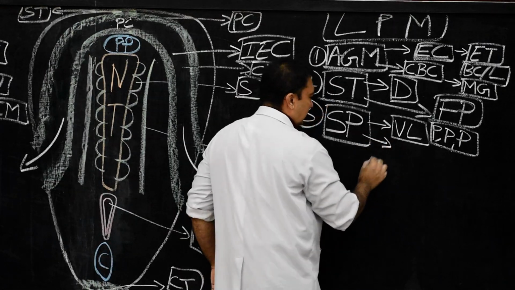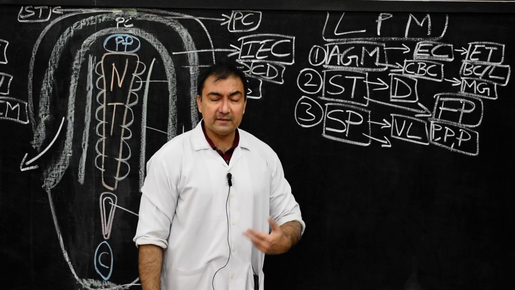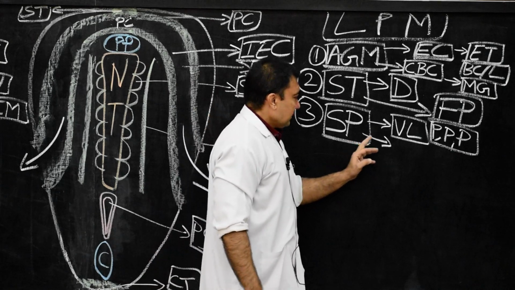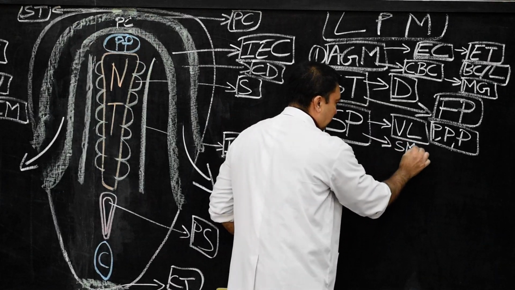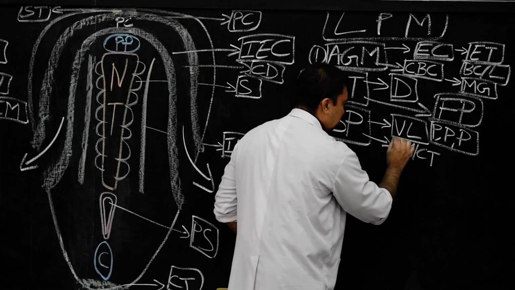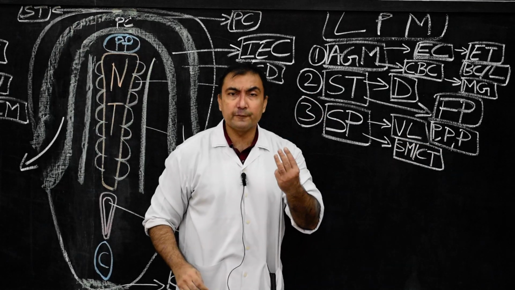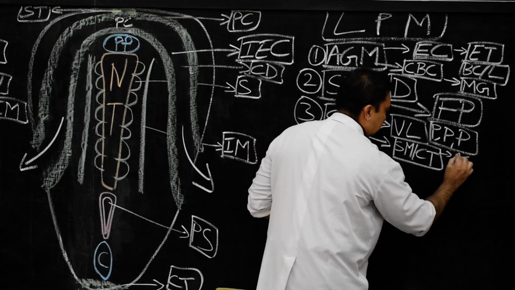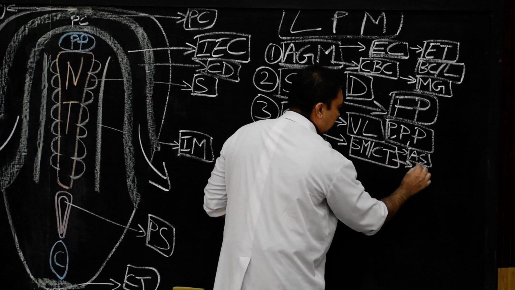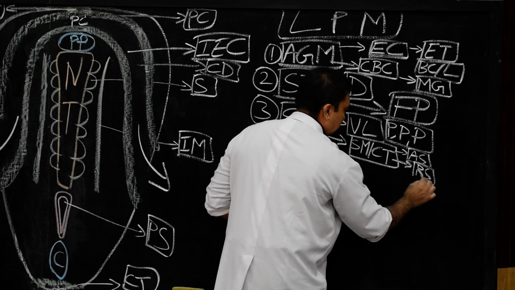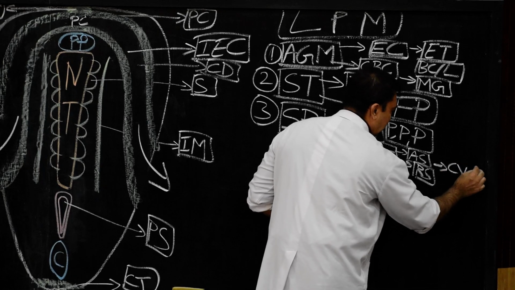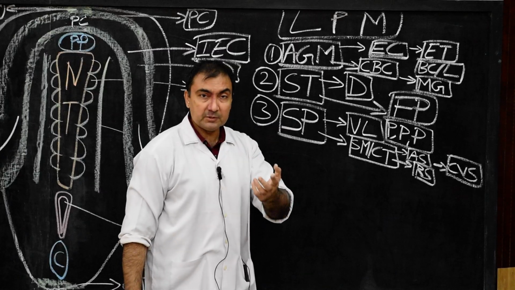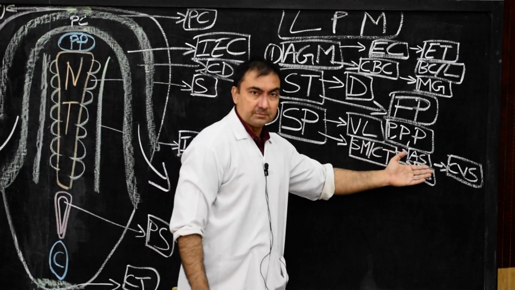Then the splanchnopleuric layer of lateral plate mesoderm will develop into, this is also very interesting, all the smooth muscles and connective tissues of three different systems. Which are those three different systems? Number one, alimentary system, that is the gut tube. Number two, respiratory system. And number three, cardiovascular system. So the smooth muscles and connective tissues of these three systems.